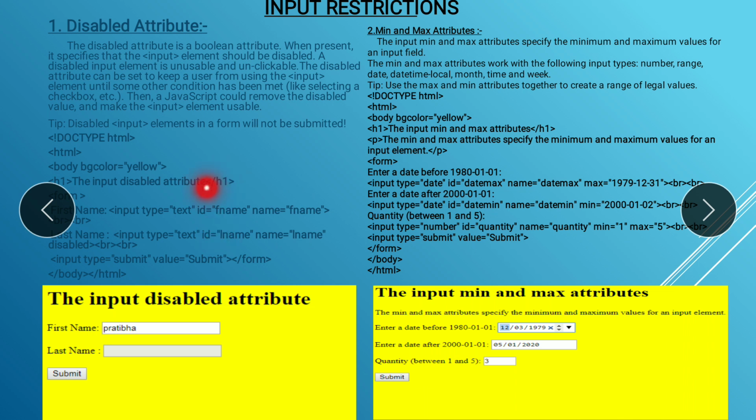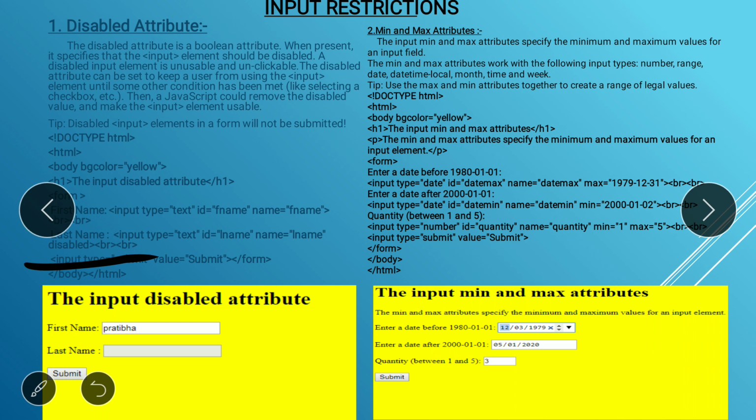The use of the id attribute we will discuss in JavaScript. So here you can see I mentioned disabled in the second text box.